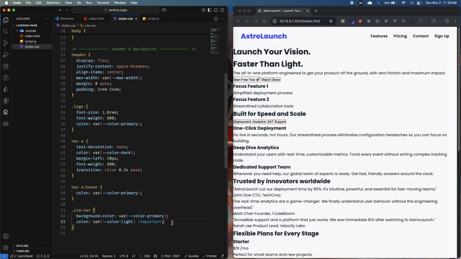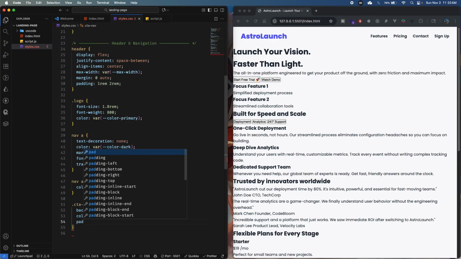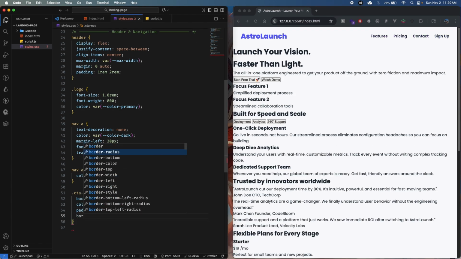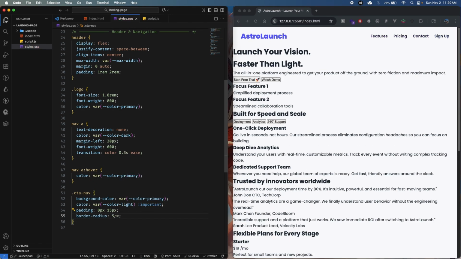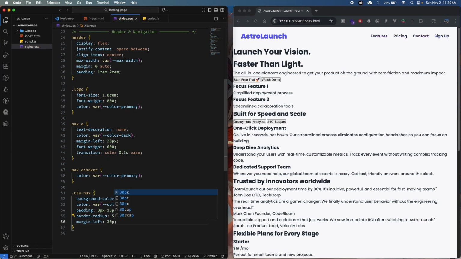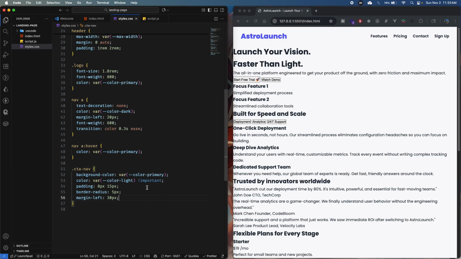So that's why we're using the importer over there. Then we want some padding here. The padding is going to be 8 pixels top and bottom, and then 15 pixels left and right. I want to have a border radius that is going to be 5 pixels, and then I want a margin left to be 30 pixels. Good. Then yeah, we are done with the part of the